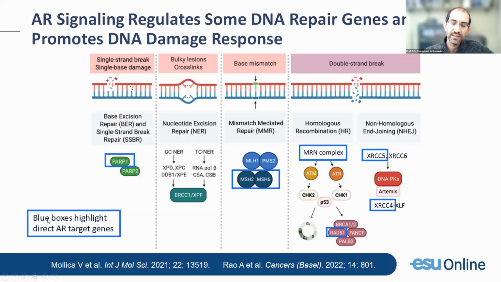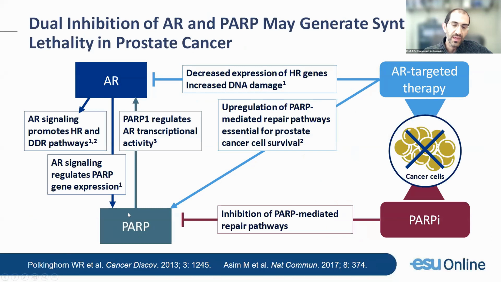The first reason is that the androgen receptor indirectly regulates many of the DNA repair genes, including RAD51, BRCA1, and BRCA2. So if you inhibit AR, you can inhibit the transcription of some of those genes, inducing a BRCAness. And secondly, it turns out that PARP itself is a pioneering factor for AR. Pioneer factor means an epigenetic regulator of AR transcriptional activity. So by decreasing PARP1 using a therapeutic drug, you can indirectly decrease AR transcription as well.